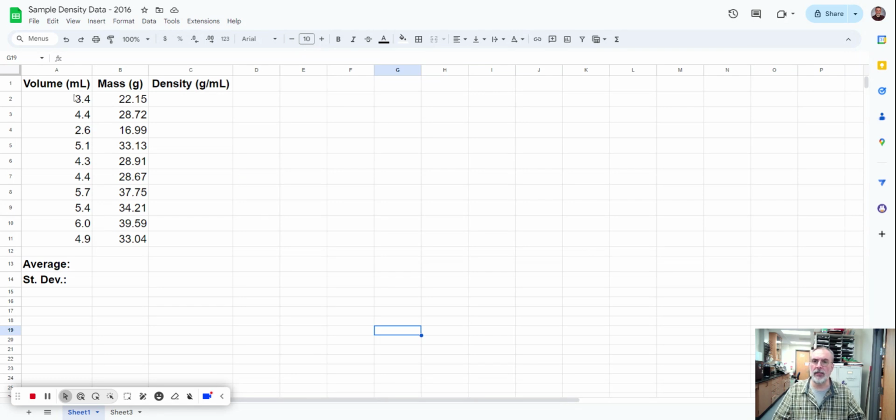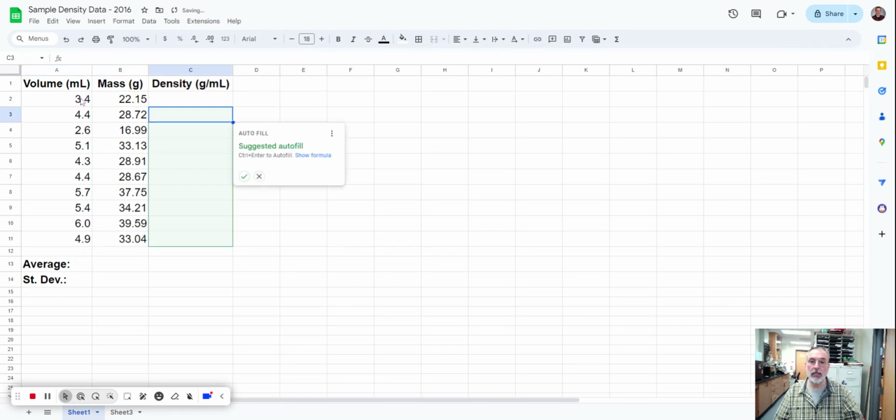So if you look at the data that we have here, we've got a bunch of masses and volumes. I want to calculate the density for every one of these. Okay, so I'm going to click in the first cell and I'm going to type an equal sign, and now it knows that I want to do a formula. Now I know that density is mass divided by volume, so I'm going to click in mass. I'm going to click in that cell to select that value, then I'm going to hit the forward slash, and then I'm going to click in volume, and I'm going to hit enter,